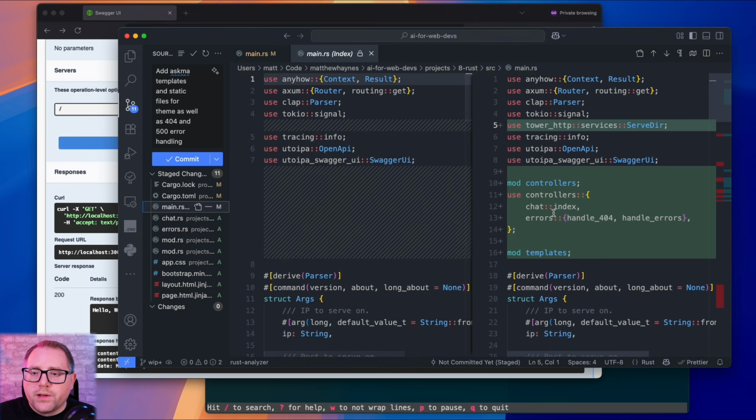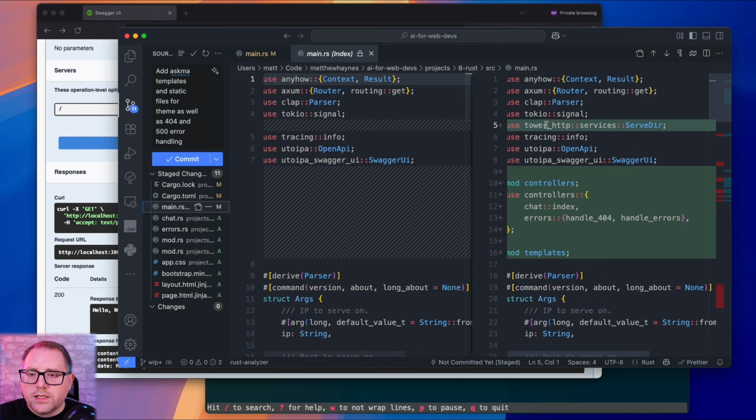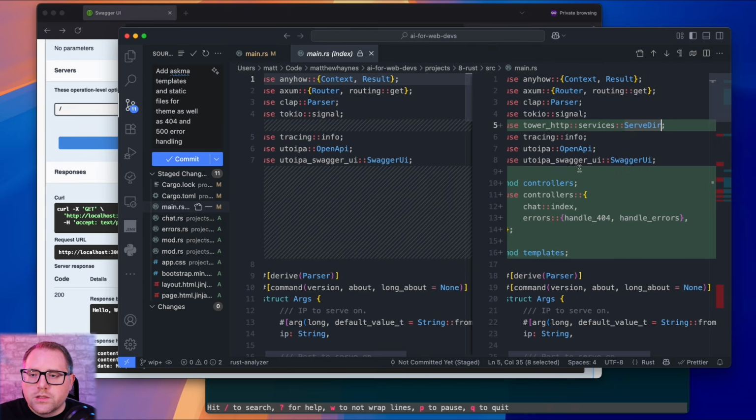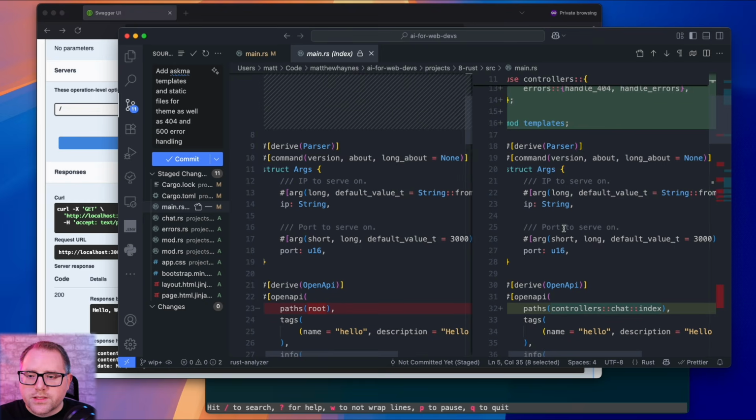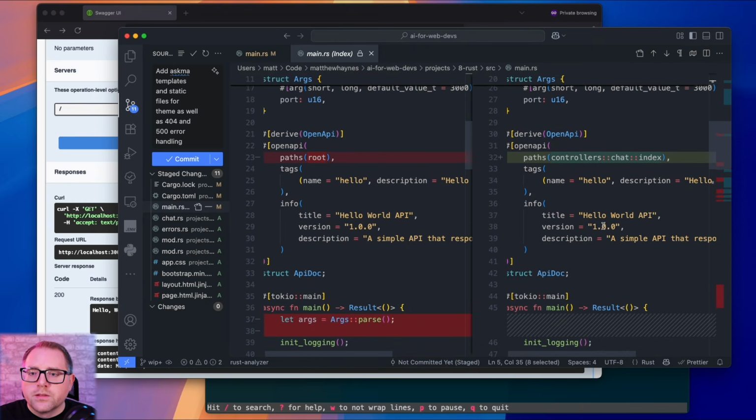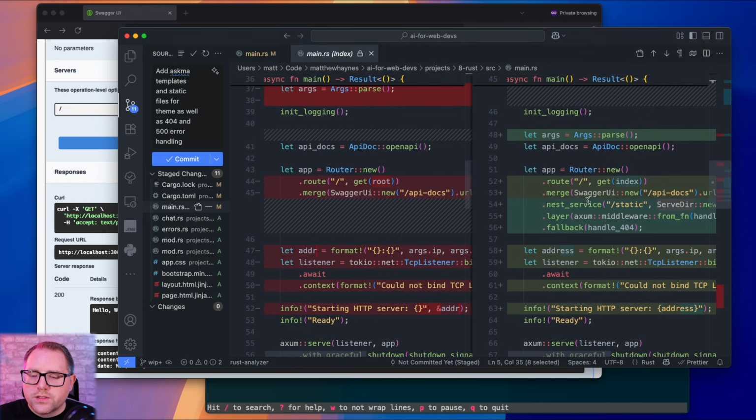Starting from the top, again, we're pulling in our tower. Actually, also, we're going to be serving CSS from a directory. Okay, so let's come back to our controllers and our templates. Let's just see if there's any other changes.